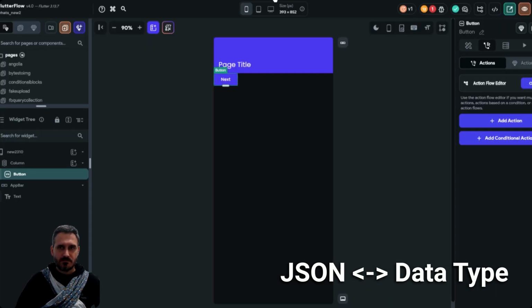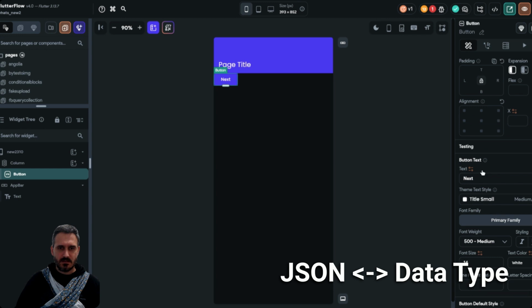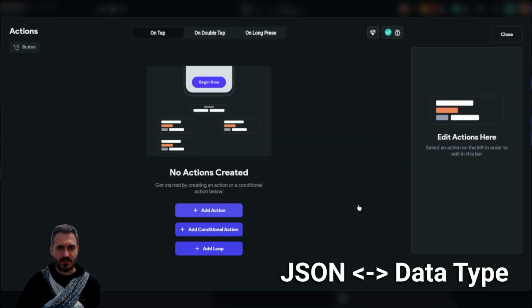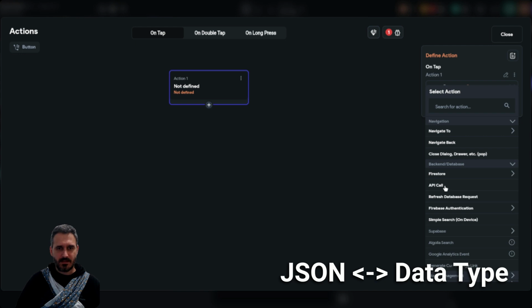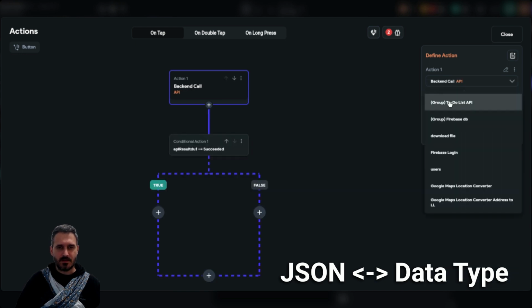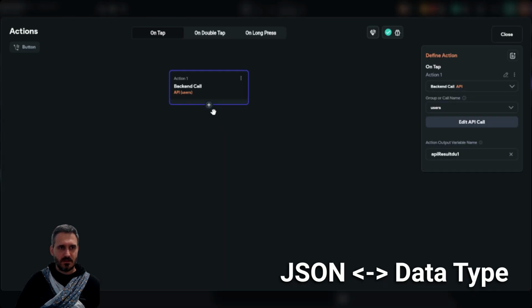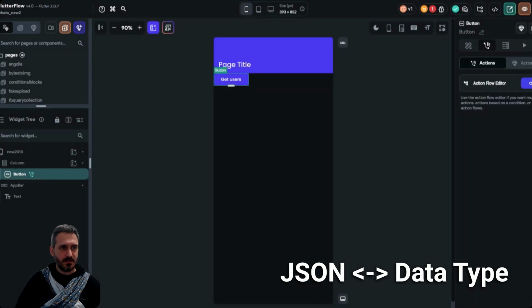So if I change that to, let's say, get users, this will get all my users. If I click on add action, backend API call, I will get the users, and like I said, this will give me the users, and then I will probably need something like,